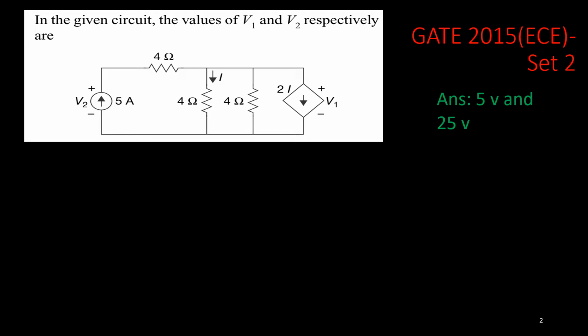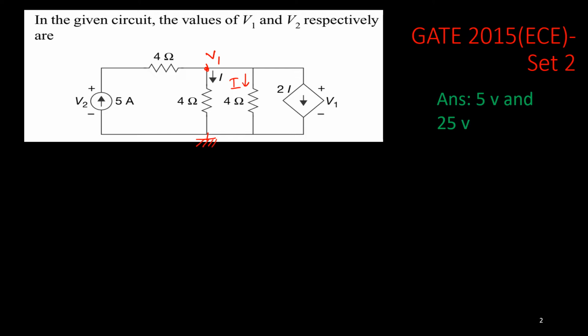In this figure, if I consider this as the ground node and this potential is V1, as given, then this node potential is also V1. Now as the current through this 4 ohm resistance is I, and this other 4 ohm is connected in parallel, the same resistance, the same current should flow. So this current should again be I, capital I.